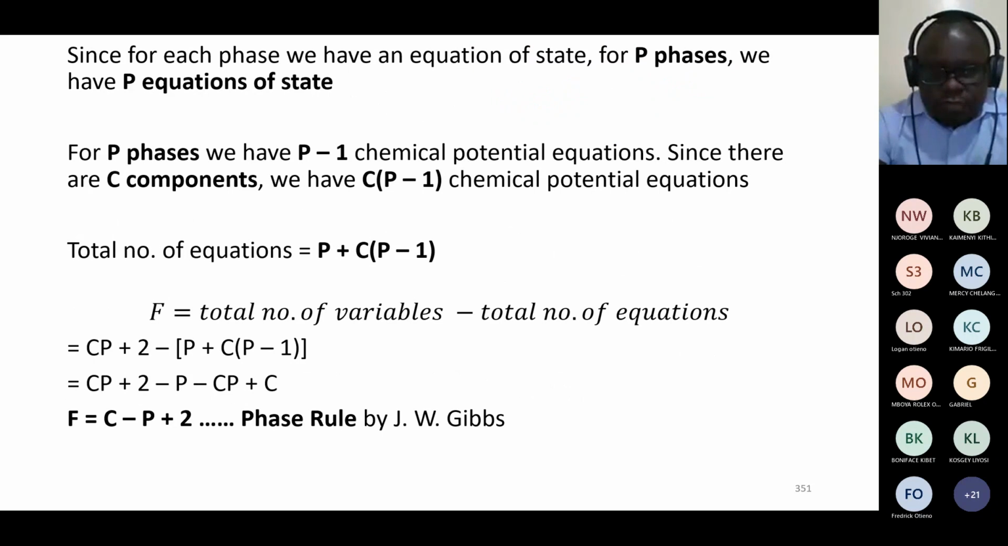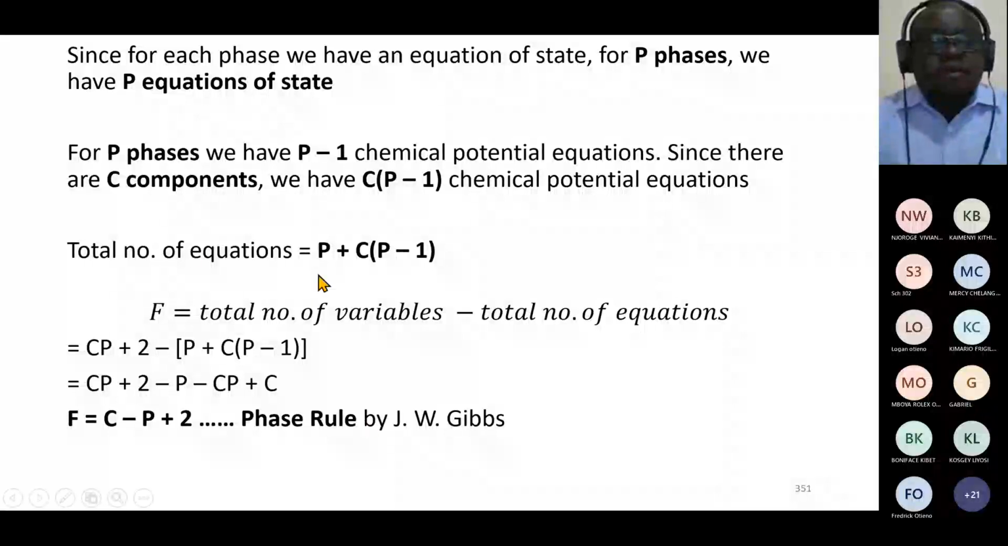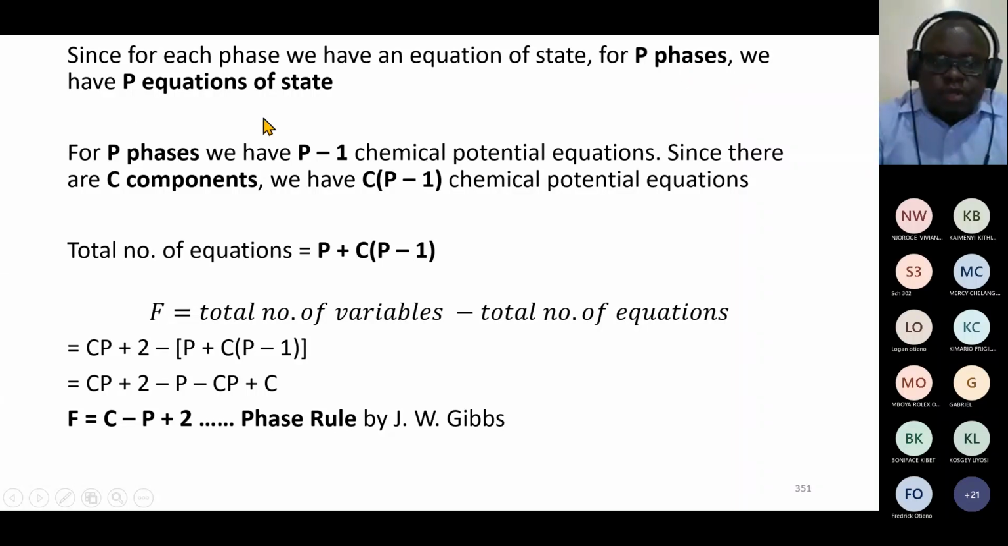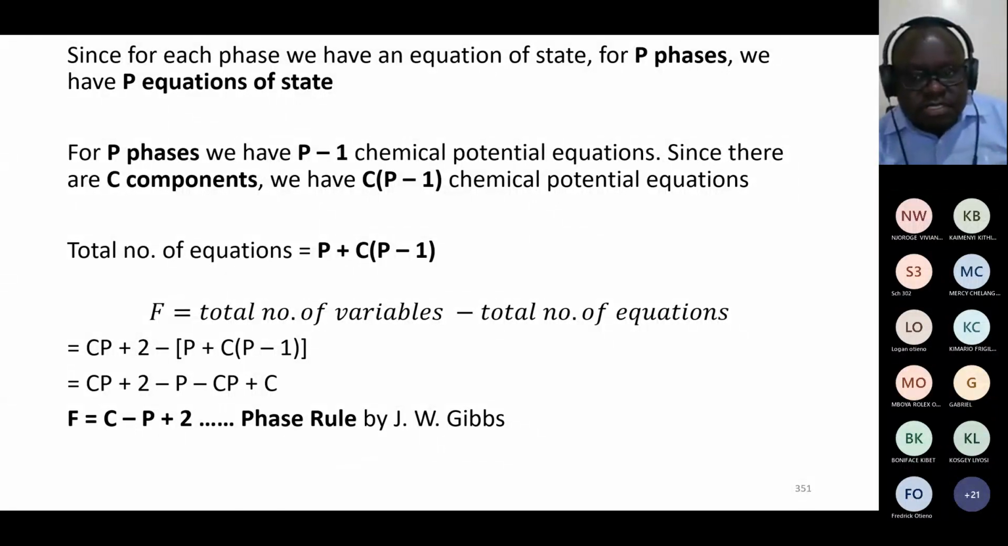Now, the number of equations. For each phase, we have an equation of state. So if you have P number of phases, then you're going to have P equations of state. We want to determine the total number of equations. If you have one phase, then you have one equation of state. If you have two phases, you have two equations of state. If you have three phases, then you have three equations of state. Now,